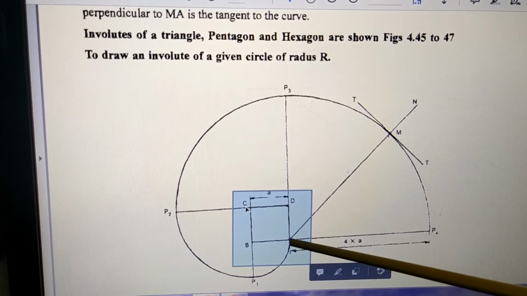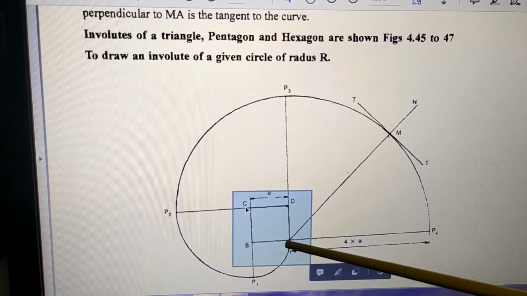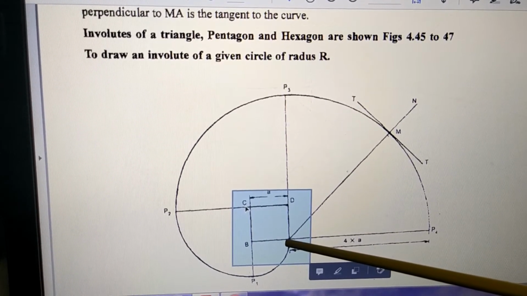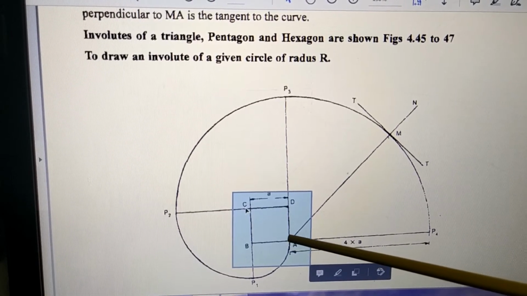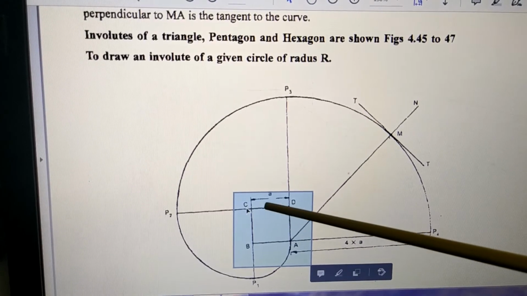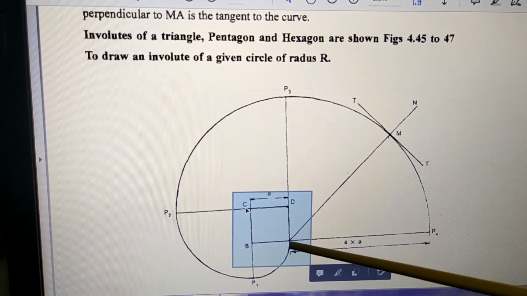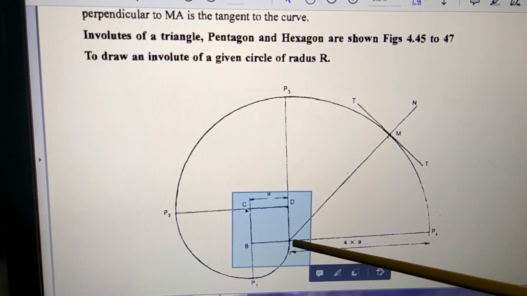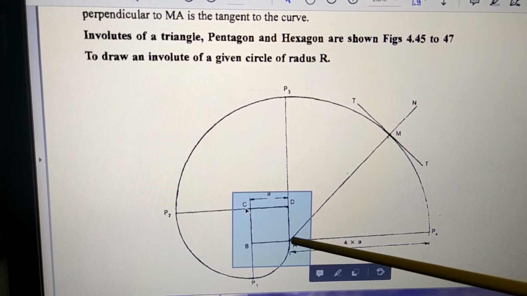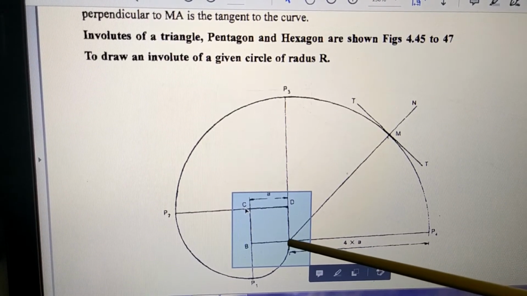So the length of the thread is exactly equal to 30 plus 30 plus 30 plus 30. So the length of the thread is 30 into 4, which is how much? 120. So we take a thread of length 120 millimeters. One end of the thread is here, and the second end of the thread is again here. Both the ends are here. Now imagine that one end of the thread is fixed, and on the other end of the thread, suppose you have fitted one pencil. So the pencil is fitted on the other end of the thread.